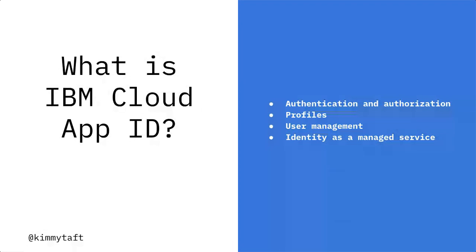Also taking a look at identity as a managed service. With App ID, you don't have to worry about setting up infrastructure for identity or ensuring geo-availability, compliance, or availability, etc. So App ID is also integrated with IBM Cloud via the IBM Cloud Kubernetes service, Cloud Functions, Activity Tracker, and more. So you're able to seamlessly embed